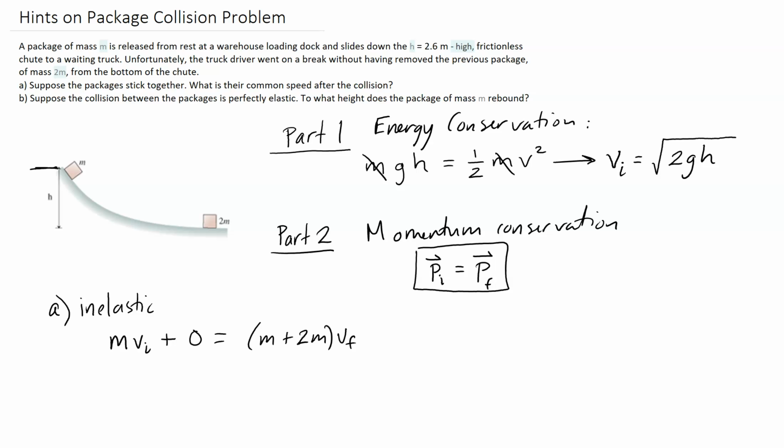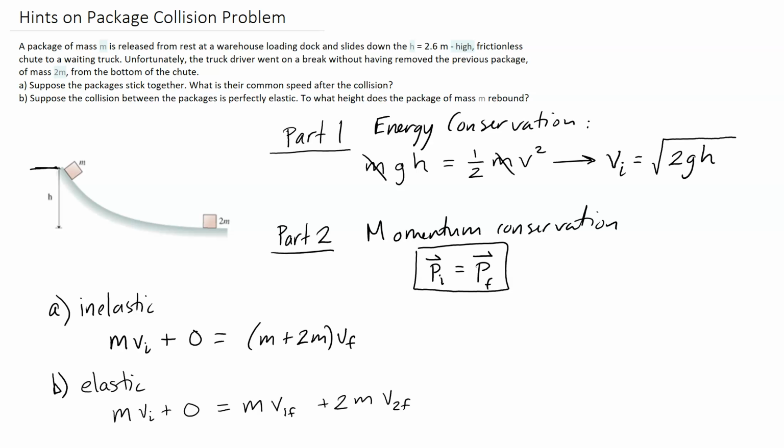Now, part B is a little more complex. There's more happening here because we've got another unknown. Part B is an elastic collision, which means momentum is conserved, and there's something else that's conserved that's going to give us the other equation that we need, and that's kinetic energy. First let's look at the momentum conservation. So we've got